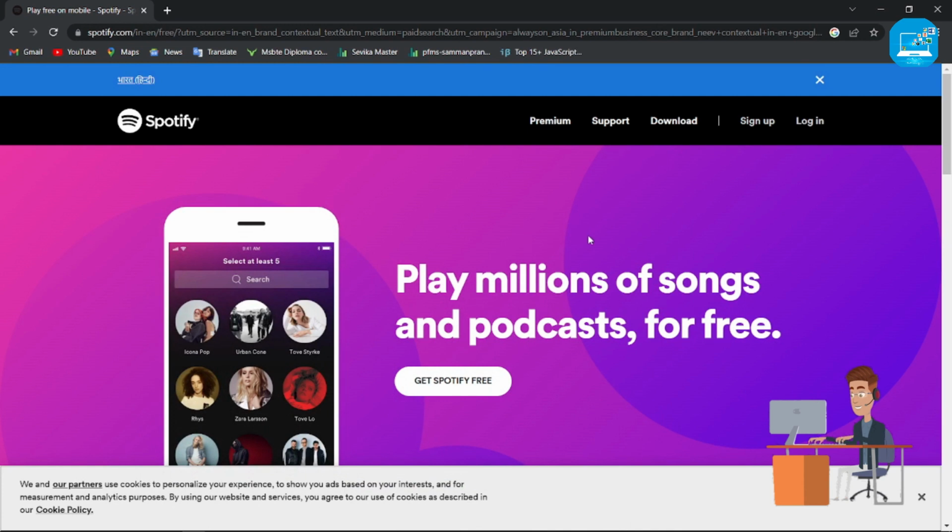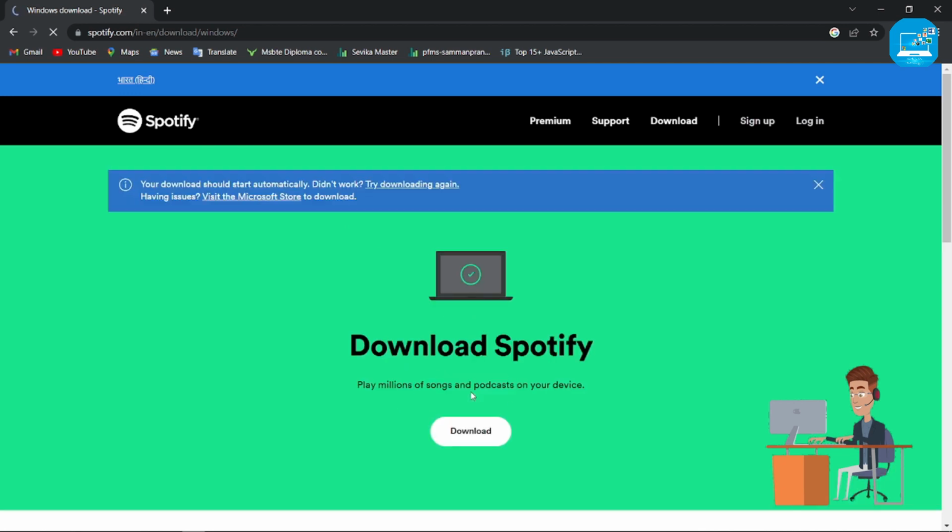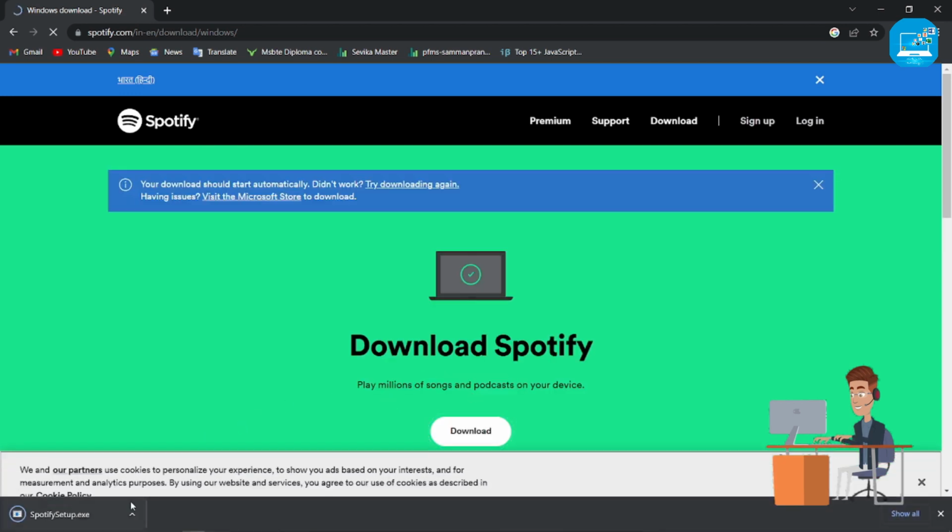Just go to the official website of Spotify. Don't worry, I provide this link in the description box. So you can see here, this is the interface and you are able to see the download button. So click on it. Once you click on it, it opens a new tab and you can see here, download Spotify. So click on the download button again,